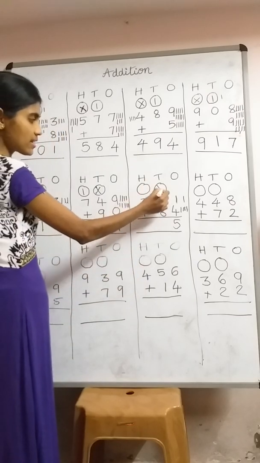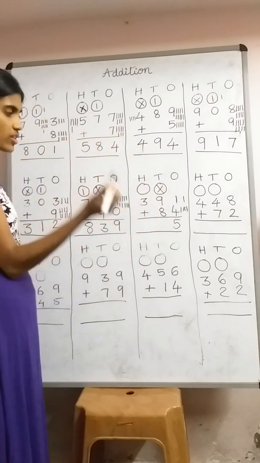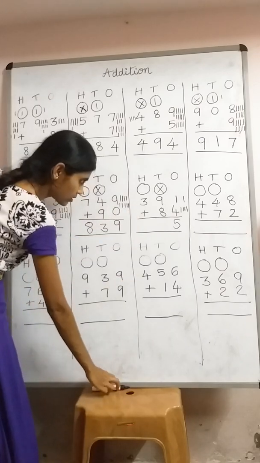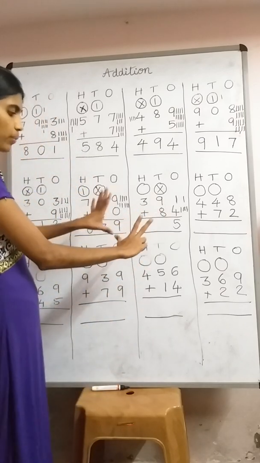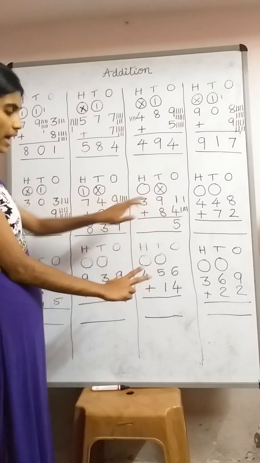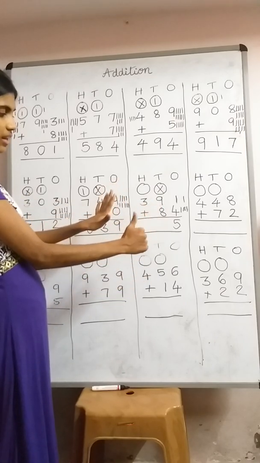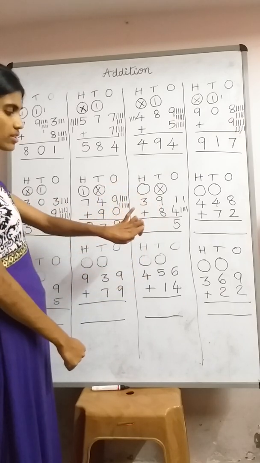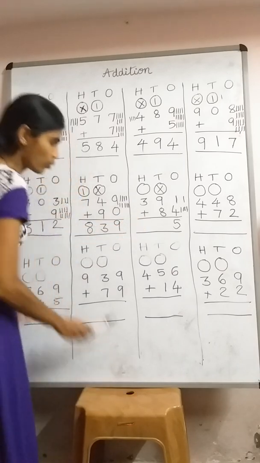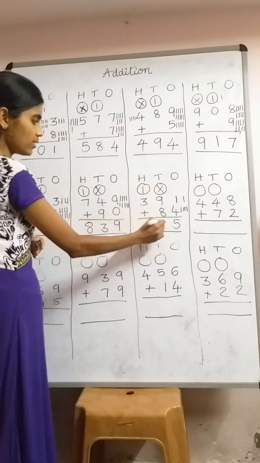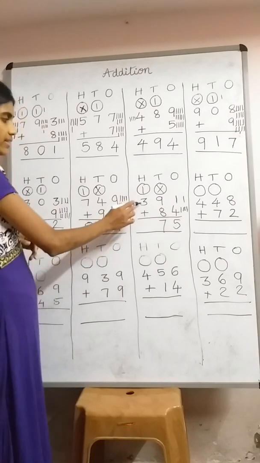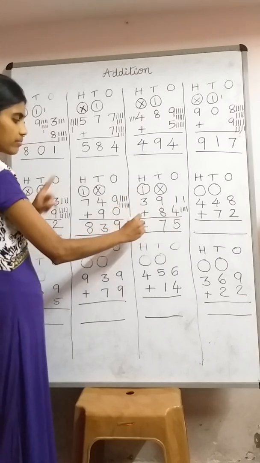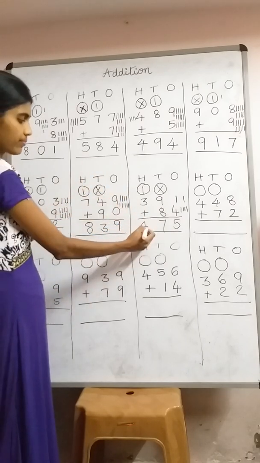But what is in the carry circle? Nothing. No children. So we put an X mark there. So let's count 9 with 8. Open your 8 fingers. So 9, afterwards you need to say 10, 11, 12, 13, 14, 15, 16, 17. So we got 1 here, 7 here. 3 plus 1 is what? 3 plus 1? 4.